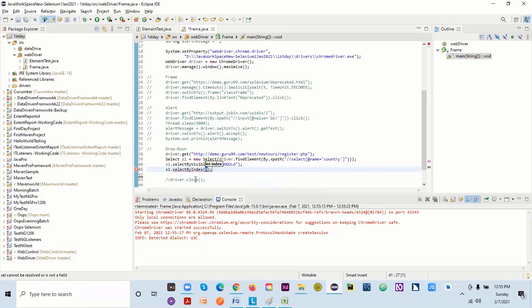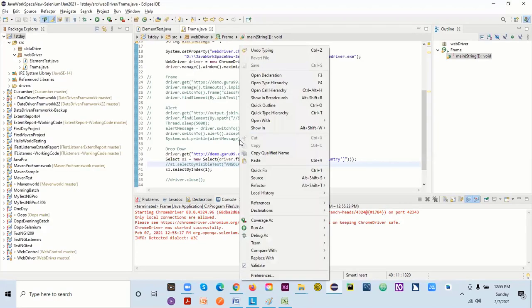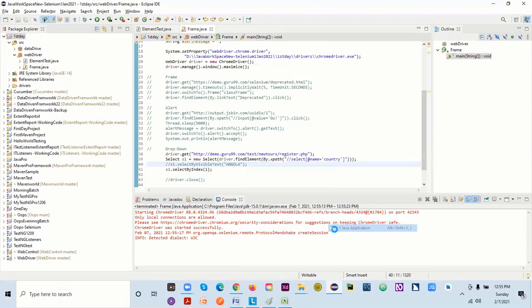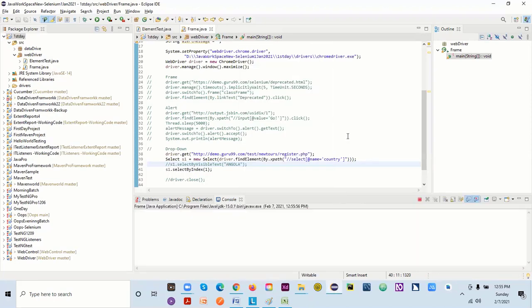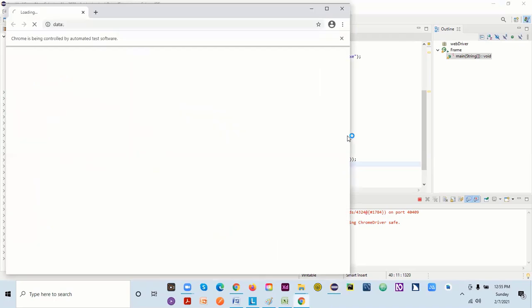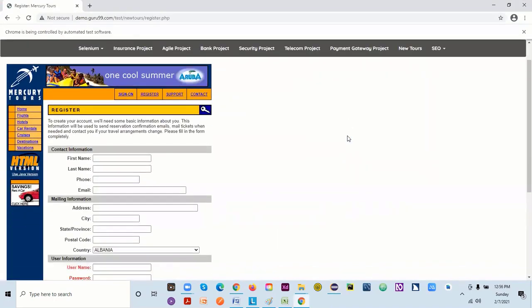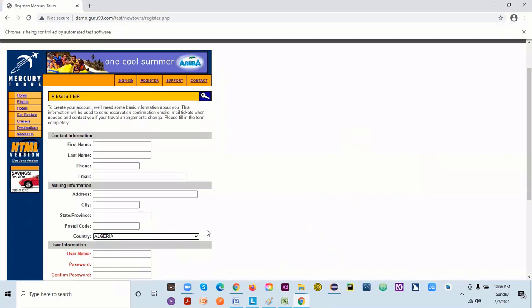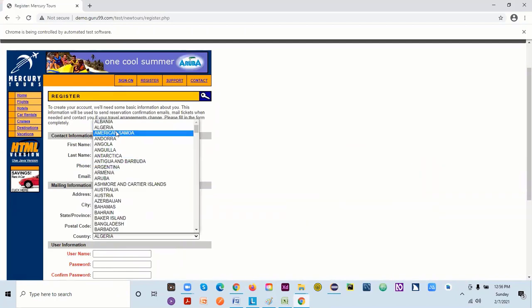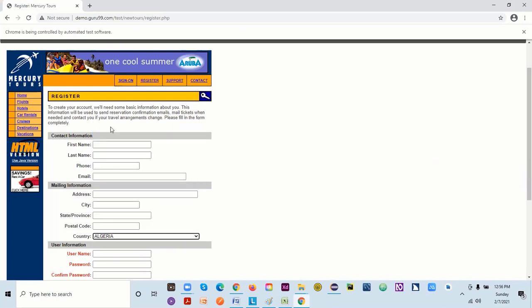Let's say I want to select with index 1. Whatever value we have at the 1st position will be selected. So let's try this. It's very fast. Let's see, this value is the first: 0, first, second, third. This is selected.